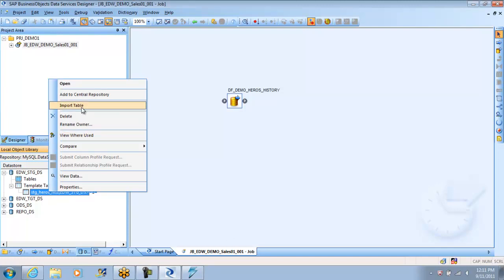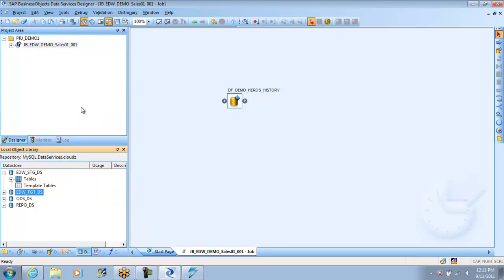When you say import table, it will become a regular table, no more temporary table. You see here, it came under the tables. Earlier it was under template tables. Now it is committed to the database. You have the table sitting in the database permanently until you delete it yourself.